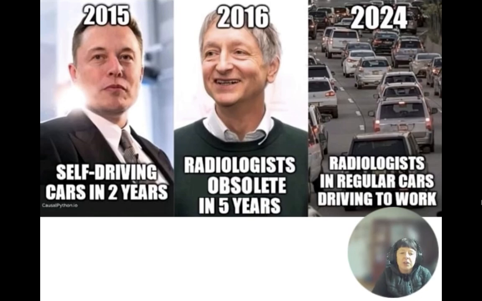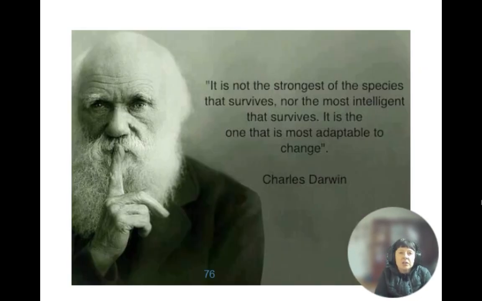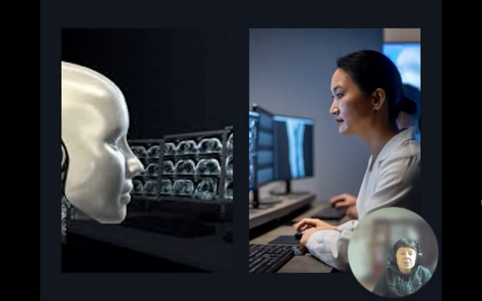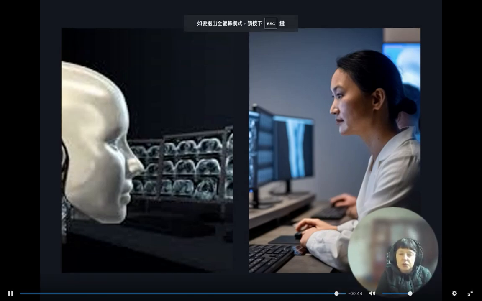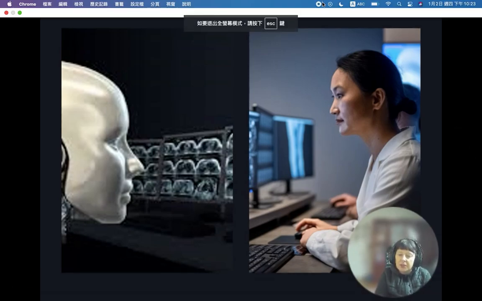And Charles Darwin said that it's not the strongest species that survives, not the most intelligent that survives, it's the one that is most adaptable to change. So I think that after listening to this lecture, you shouldn't draw a conclusion that it's not necessary to learn for the final in radiology because radiology will be replaced by AI. We would rather say